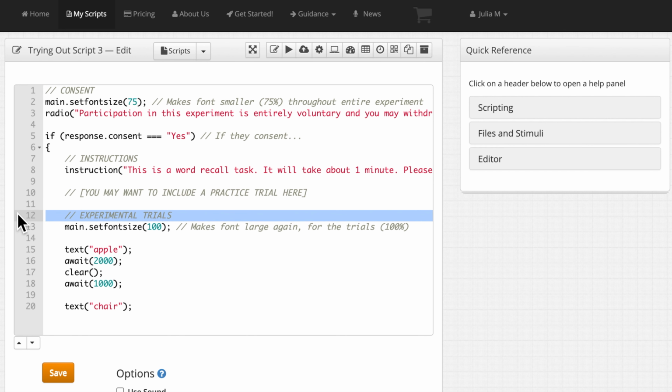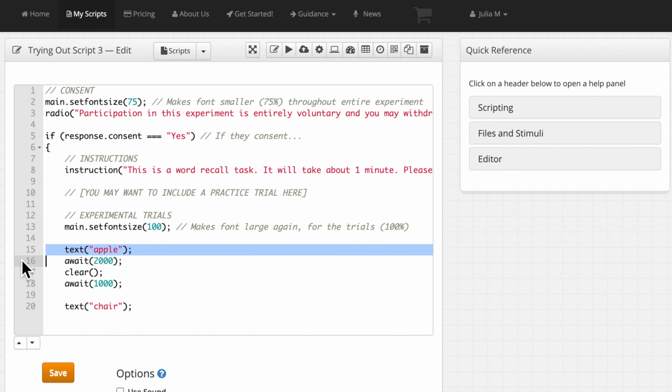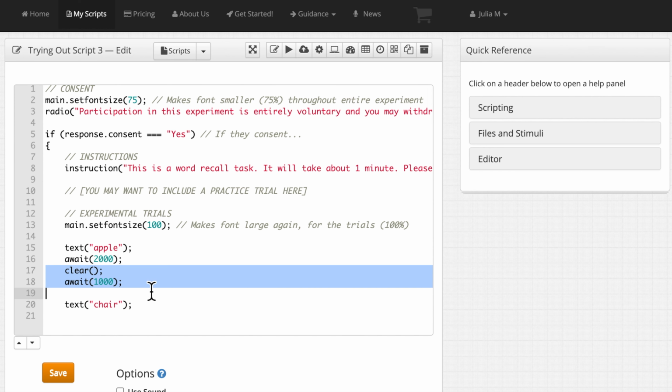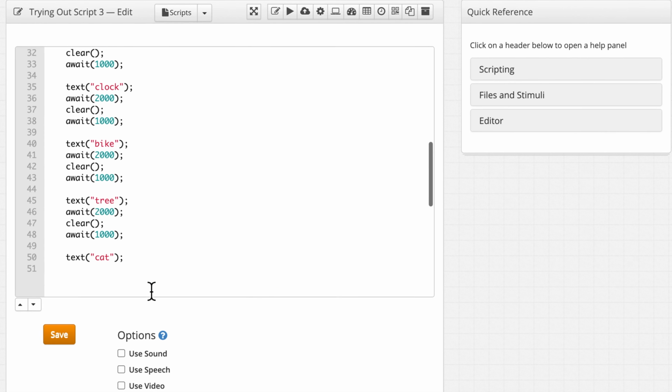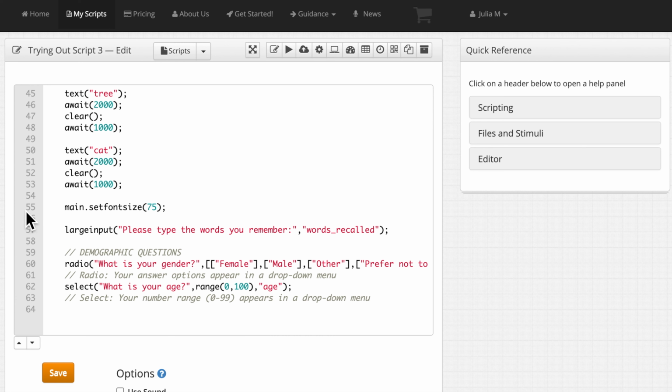For the experimental trials, we set the font size back to 100%, so that our words will appear nice and big on the screen. The task itself is the same task from my first script. We show a word for 2 seconds, then a blank screen for 1, repeated until all of our 8 words have been shown. After displaying our stimuli, we set the font size back to 75% for the remainder of the